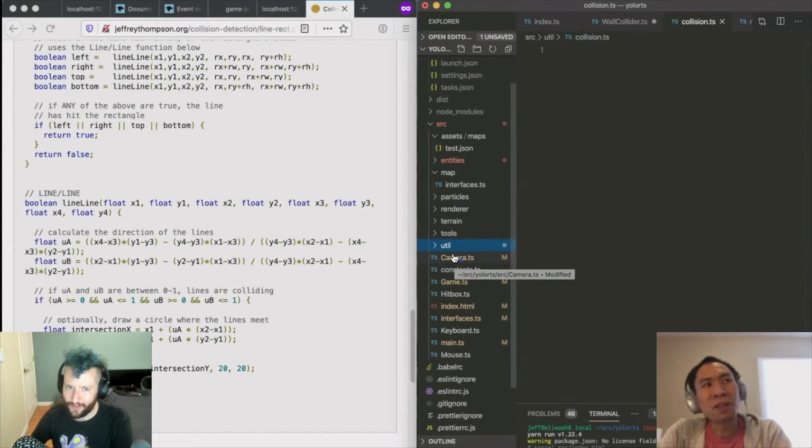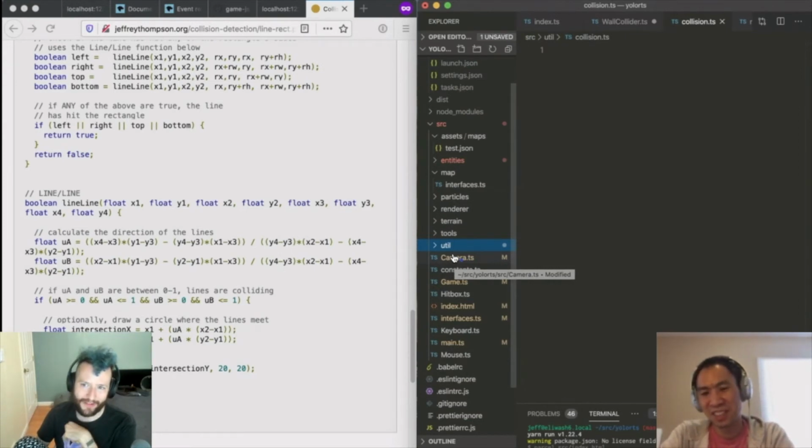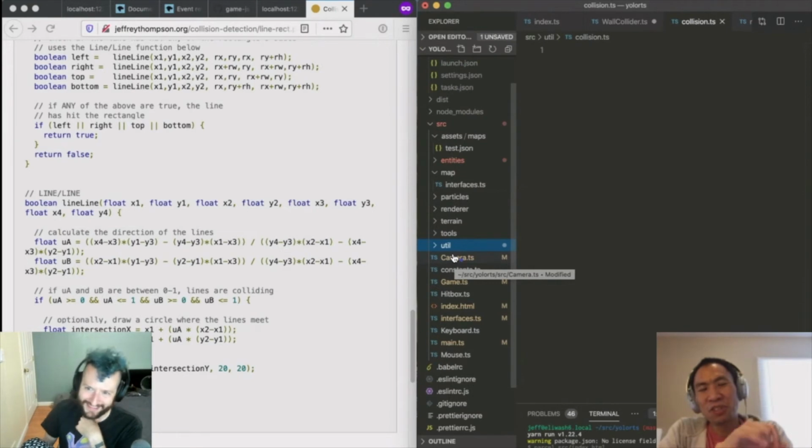Yes, it's part of the simulation though. It is like infrastructure. Why aren't keyboard and mouse in util? Is a question I have. Yeah, I feel like util should be stuff that